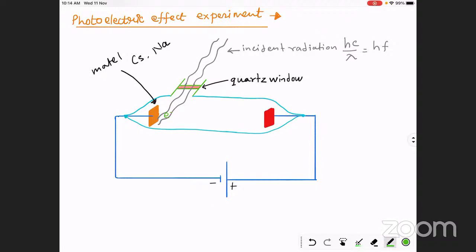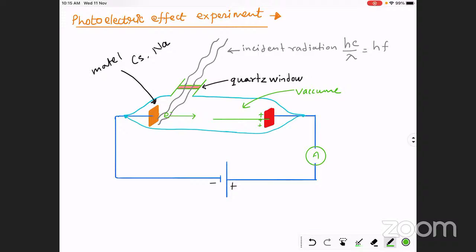Could you understand that? And this electron already has some kinetic energy, and to make this electron travel this space, we have given certain positive charge to this side, right? Now what will happen? This electron will move and collide here, right? Here you have vacuum, okay? Still you will get some current. You have vacuum, still you are getting some current, means electrons are coming out from the metal surface. Am I right?